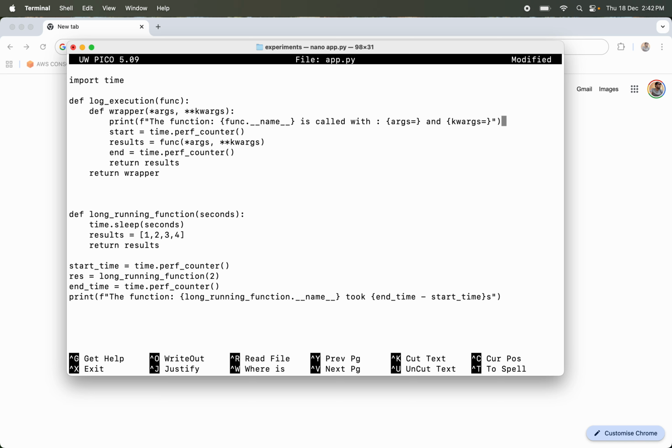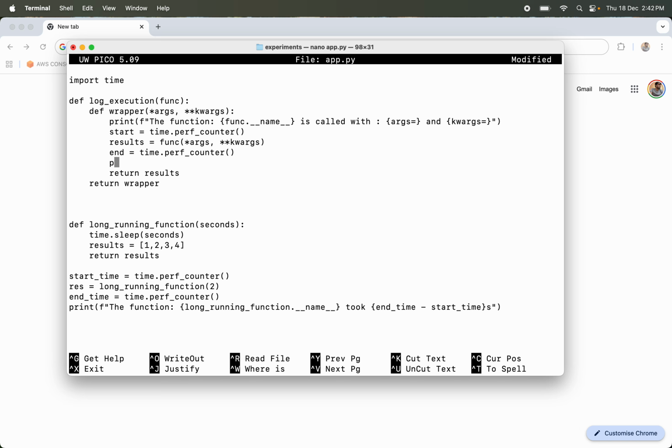Okay, so after this, after the end, I will print f. I will write the function func dot name took end minus start